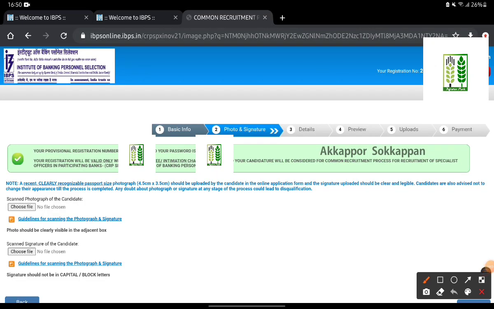Friends, after completing the basic information, you will receive an SMS and email. The application number and password will be given in that SMS. So you have to make sure that you have received the SMS. Then the second one is uploading the photo and signature.